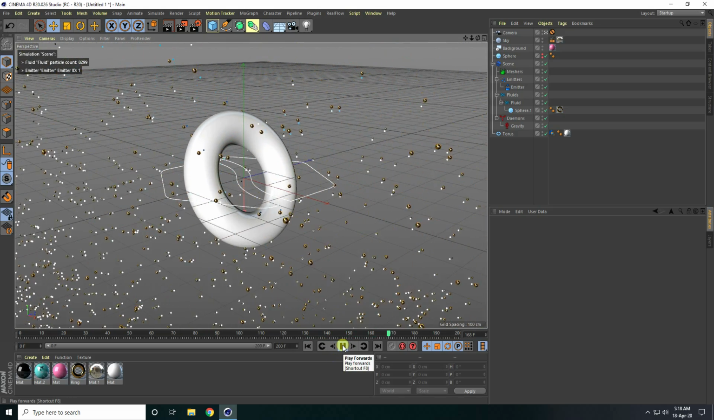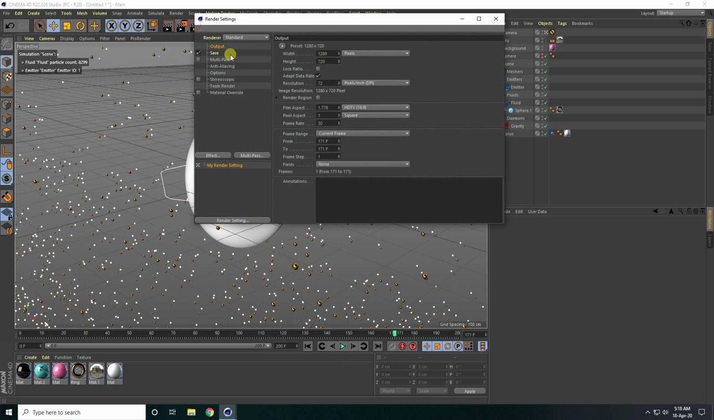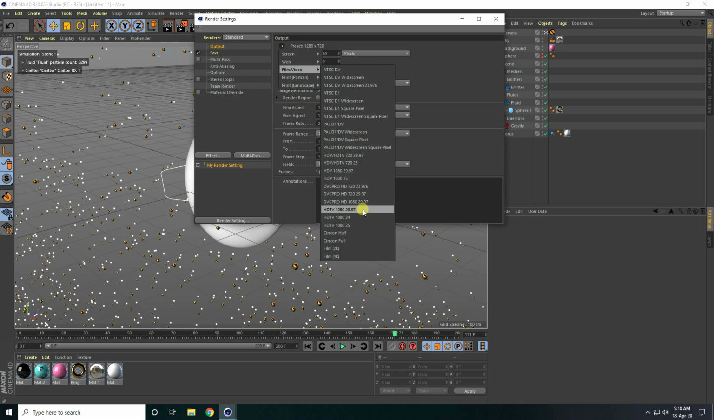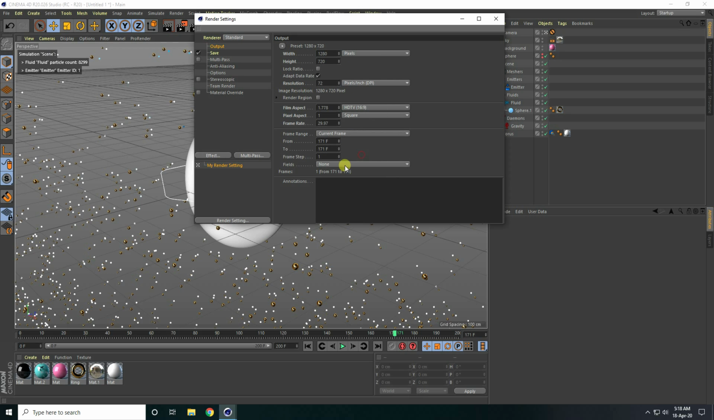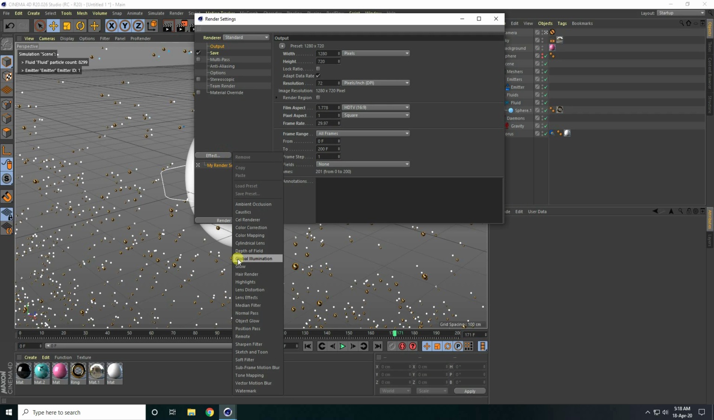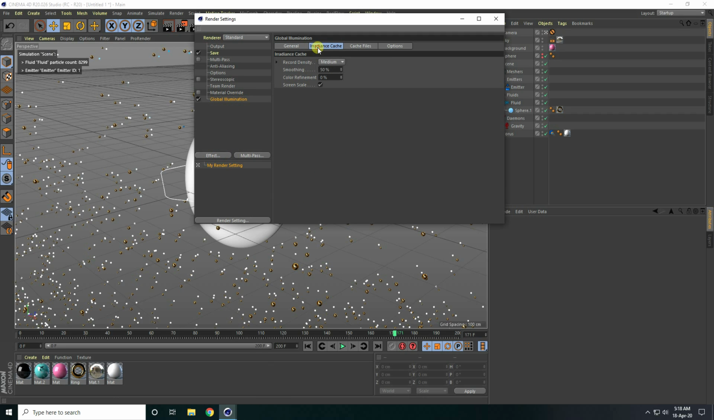Now go to render settings. Here output, guys, if you want a fast render, you can take only SD. Otherwise, you can take full HD frame. It depends on your work. Use HD frame, this one, and frame range use all. And guys, this time I use only global illumination, and indirect cache use low. That's it. So go to save